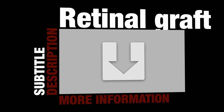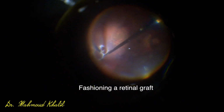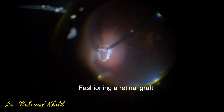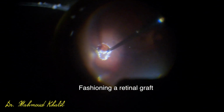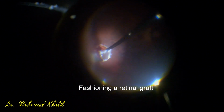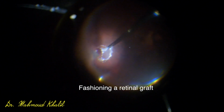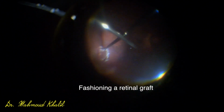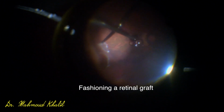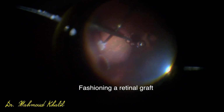Another technique is retinal graft. This patient had a recurrent macular hole RD with previously built ILM, so I decided to make and fashion a retinal graft. After injection of a bubble of perfluorocarbon liquid, and with the help of chandelier light, using the forceps in one hand and the scissor in the other hand, then fashioning and cutting the retinal graft, and then increase of injection of perfluorocarbon liquid,